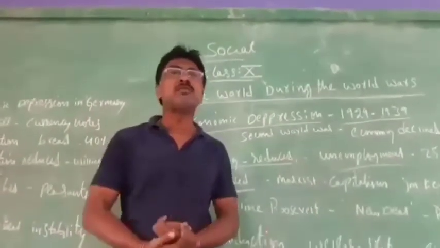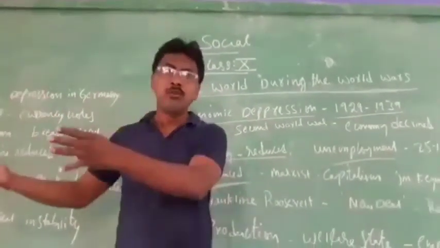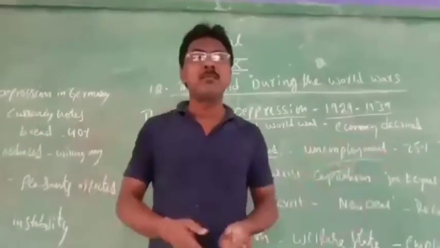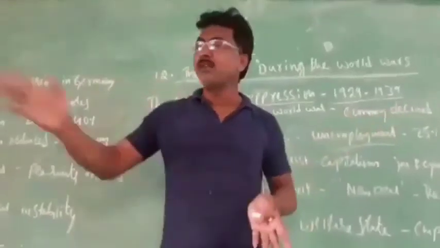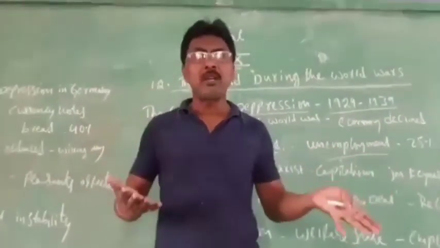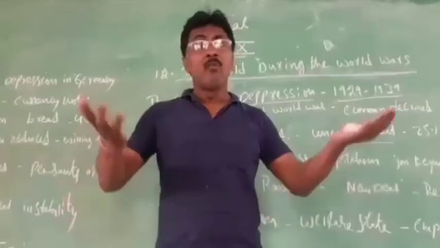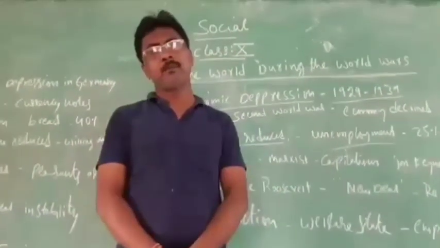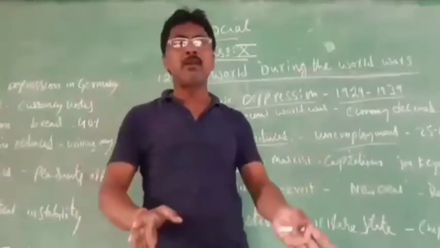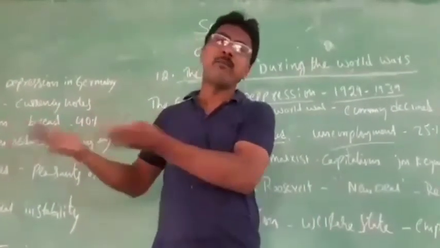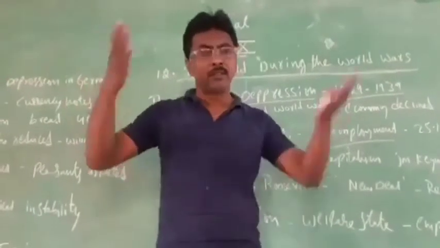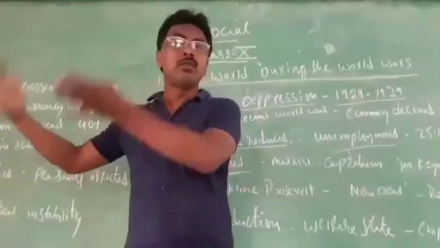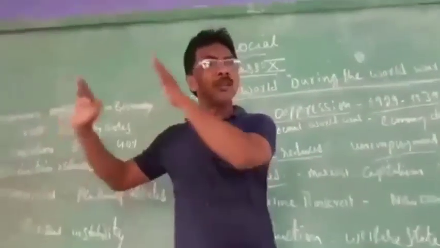So like that, everywhere there was a problem. Peasants, meaning farmers also, produce the goods and bring them to the market. But the merchants, the traders, are not purchasing the goods. Why? Because you see what happened, they are telling that the goods from before are here only. All the agriculture products are here only. So how can I purchase your goods? What you gave previously, all of it is here only. So we can't take. So the agriculture goods were not sold by the farmers and they incurred losses.